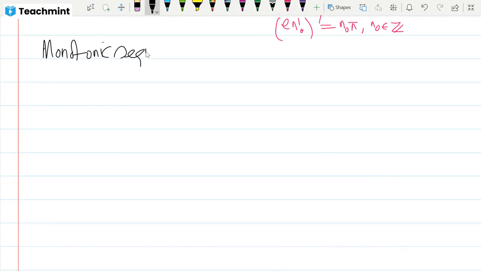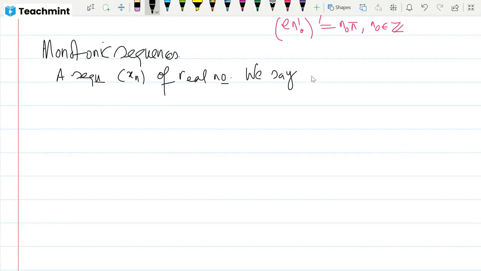Monotonic sequences. Now I am defining, sir, what is a monotonic sequence. A sequence xn of real numbers, or I can write a sequence in R, real numbers. We say that the sequence xn is an increasing sequence, or simply increasing,